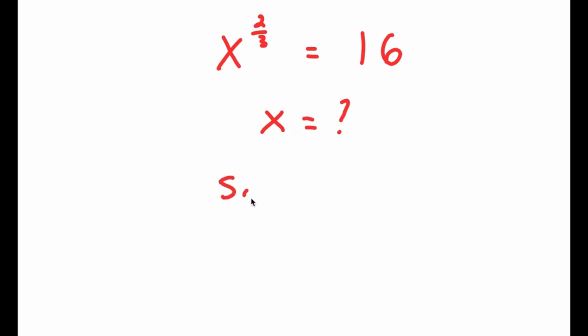Alright, so in this equation, I have x to the power of 2/3 is equal to 16. So my only variable in this equation is x. So that's the variable I'm going to be solving for. And now for my solution,